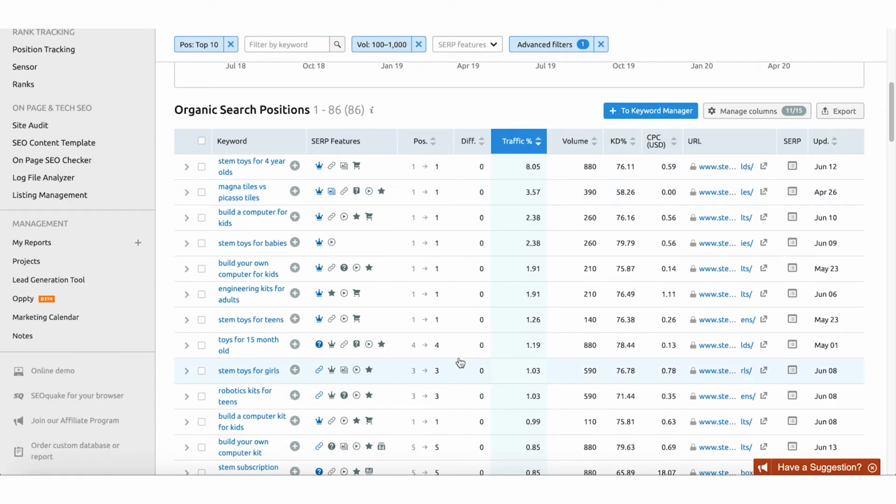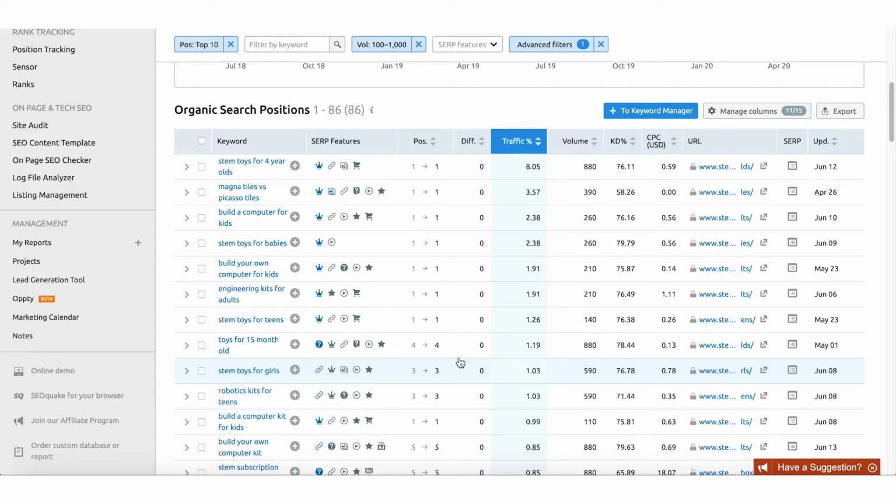And as we start to go through this list, what I'm looking for is keywords that didn't necessarily fit the original criteria of girlswhostem.com, but do fit this STEMtoyexpert.com domain, so that I can potentially find additional opportunities to the ones I already identified earlier in the first site. And as you can see here, there's a great long tail that wasn't being ranked for by girlswhostem.com, and that is STEM toys for 4-year-olds.